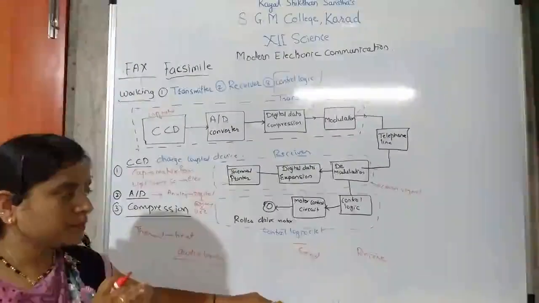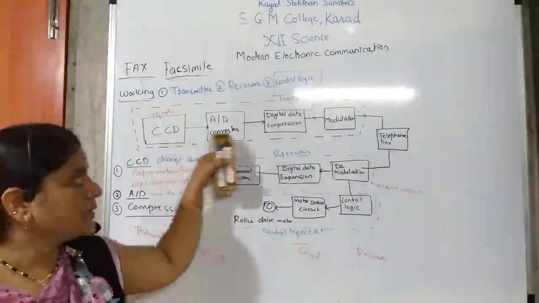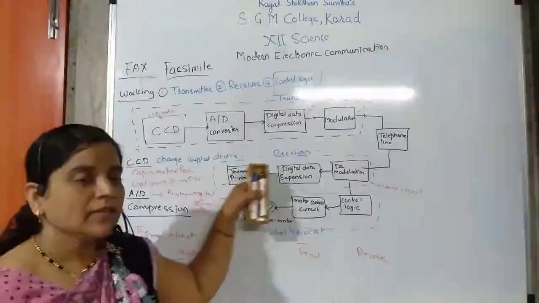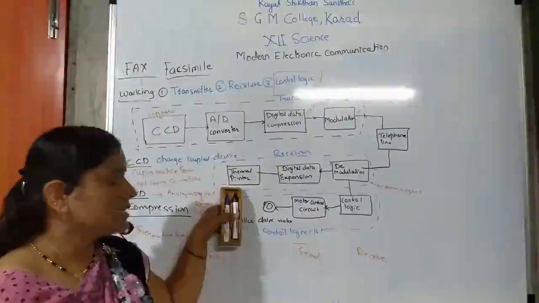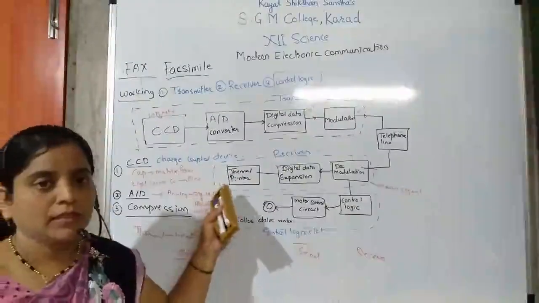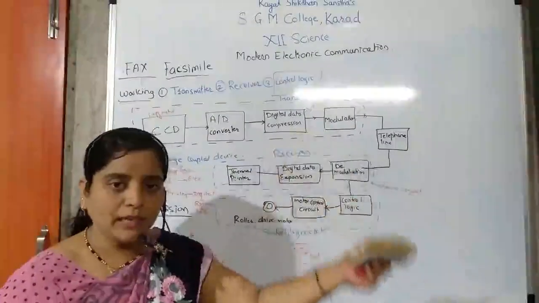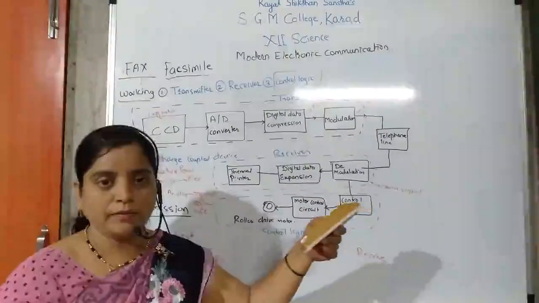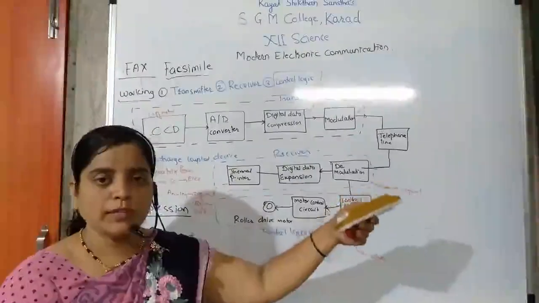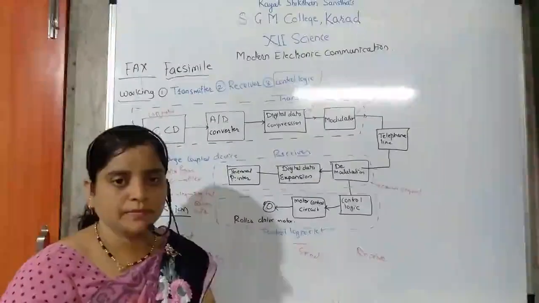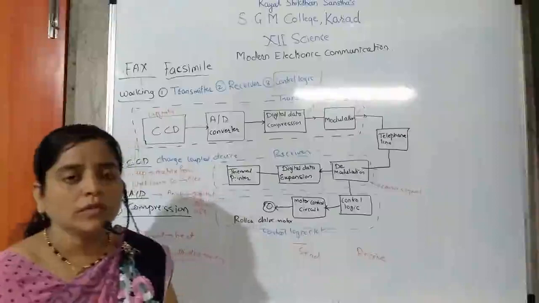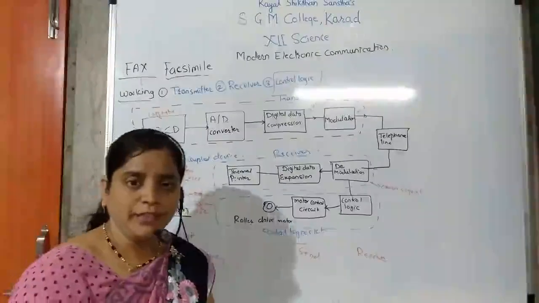If the process is okay, it transmits the signal, which is given to the telephone line, then it receives the signal and at last gives it to the printer. So the printer prints the signal, and the second fax machine where you want to send the fax will catch it; you will receive the paper. Okay, so after receiving the paper, how will we know that the fax is successfully done?